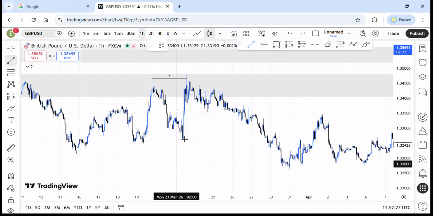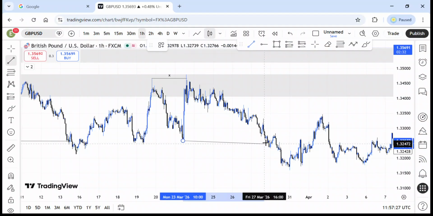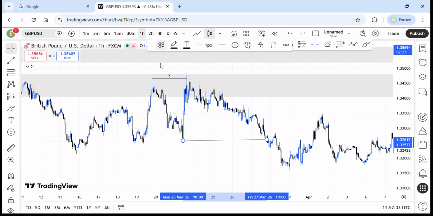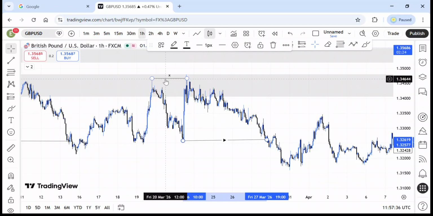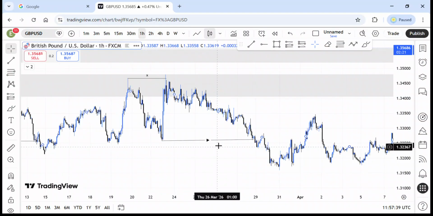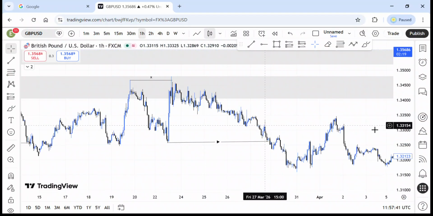Then we had this choke. This is the major choke, as you all can see. That is the major choke to the downside. But still,